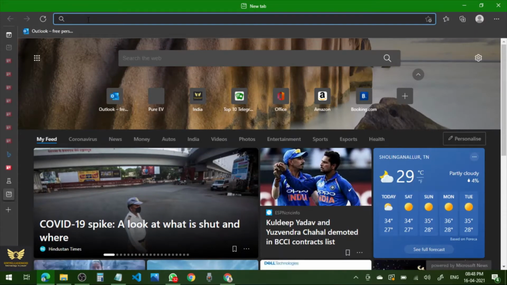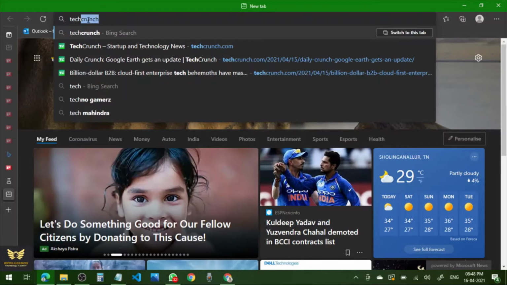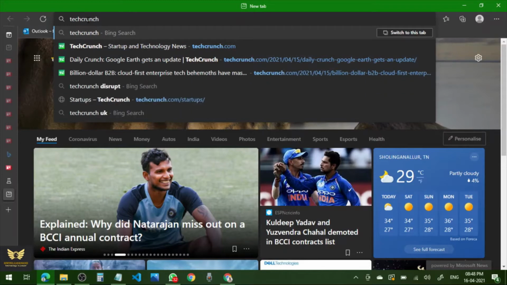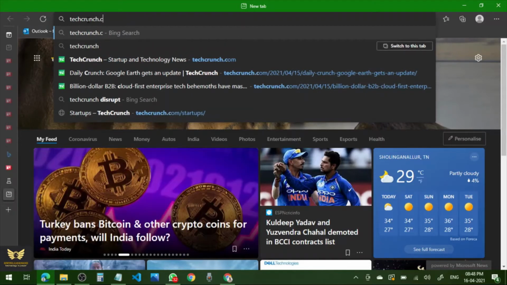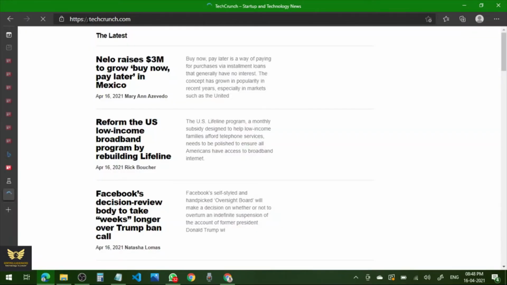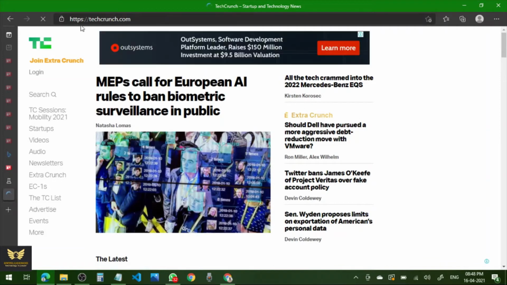For example, let me select a website, techcrunch.com. Let me create a QR code for this website.